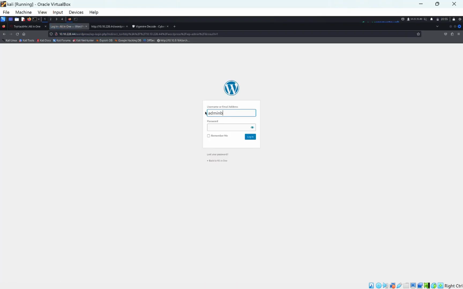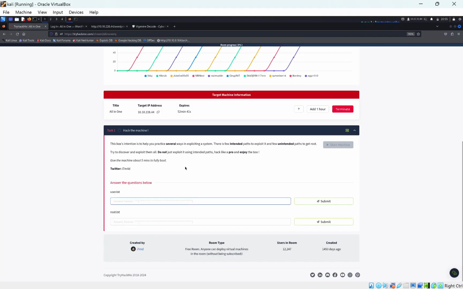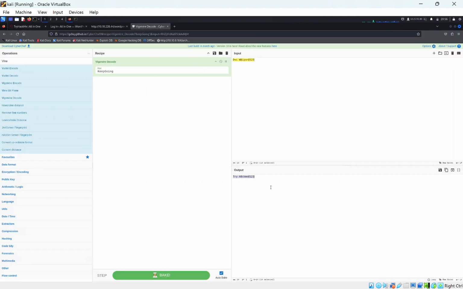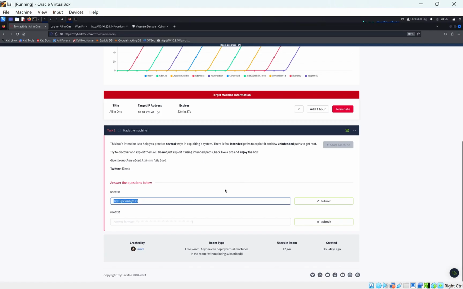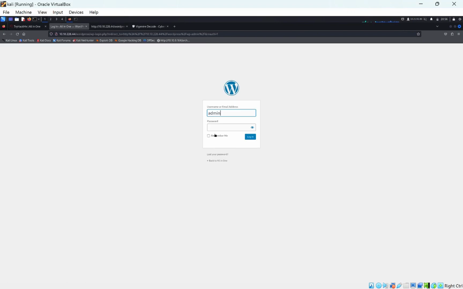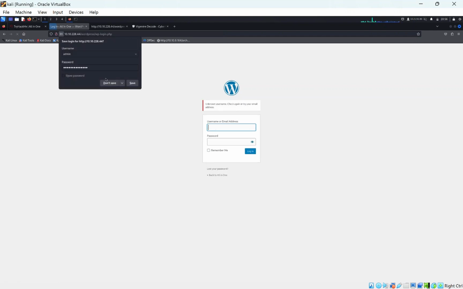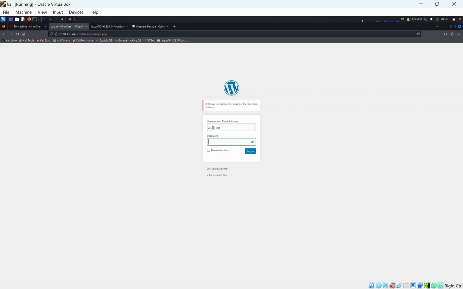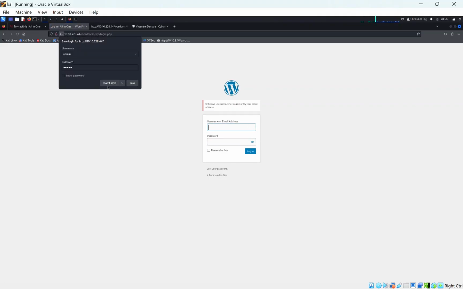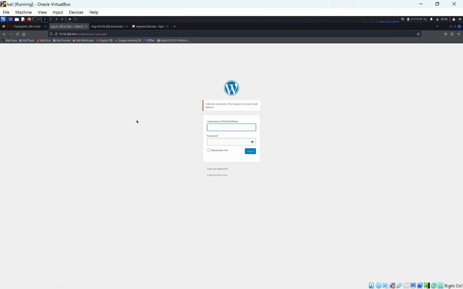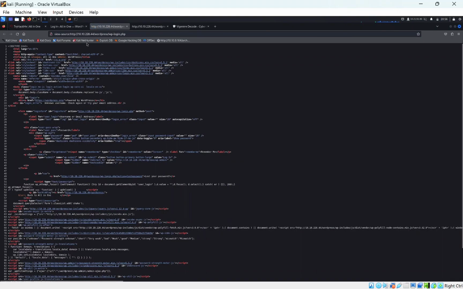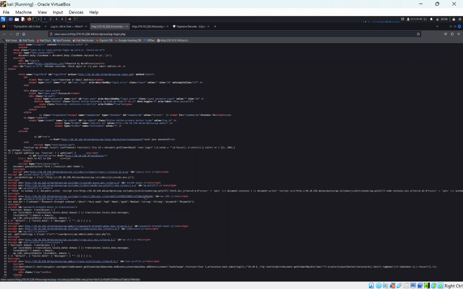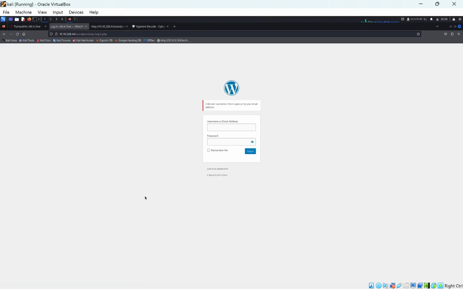Let's put admin and the password that we just had, which was TryHackMe. Put this here just to save this, and let's put TryHackMe here. See if this logs you in. No. How about admin? Maybe default. No. So what makes me think is that there might be a custom user on this website. It looks like it's just running the default